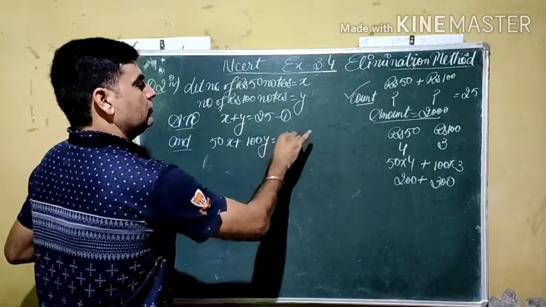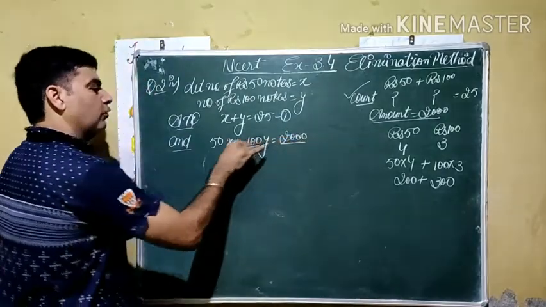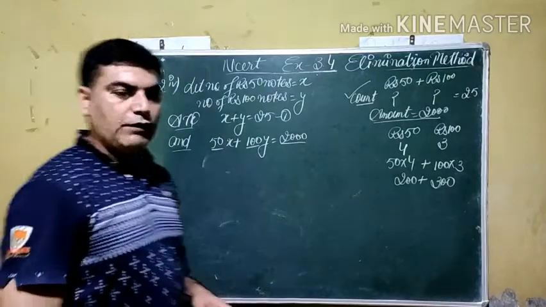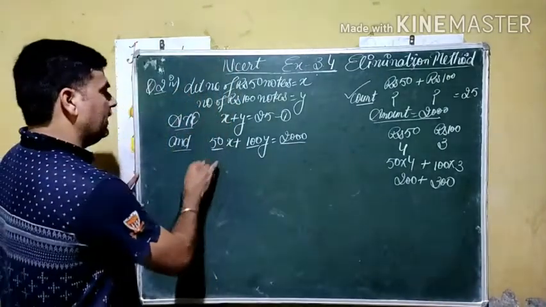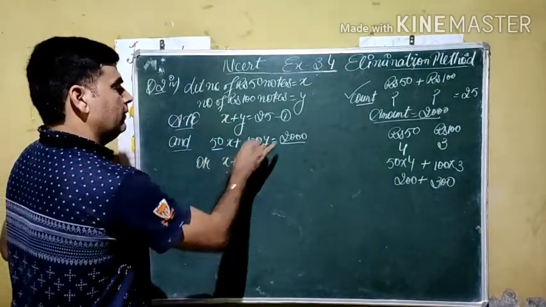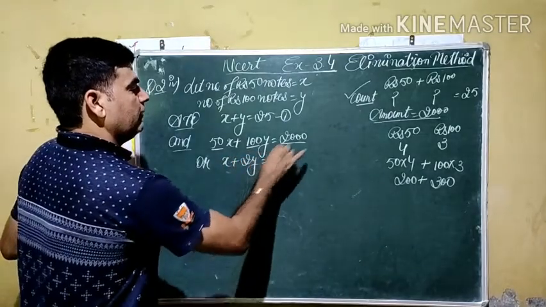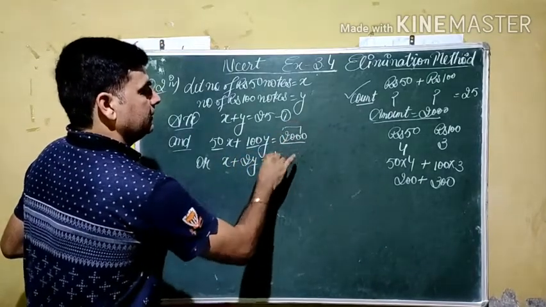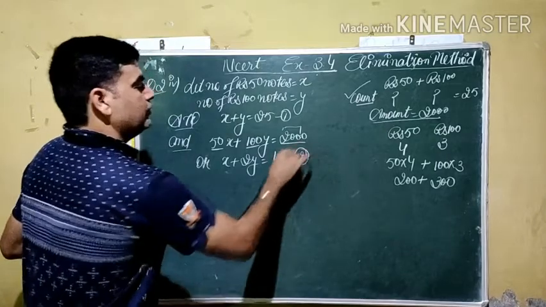It gives us total amount 2000. If you see here, all comes in the table of 50. So we divide it by 50, we get 50 ones are 50, 50 twos are 100, 50 fours are 200, up to 3 digits with 0. Now we are going to use the elimination method.